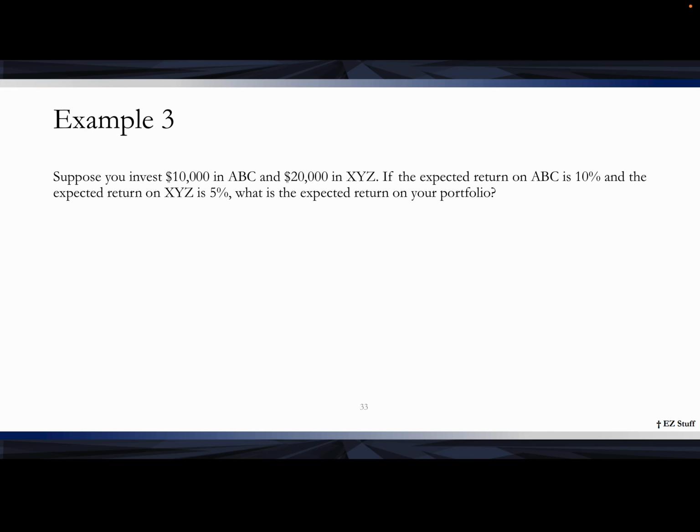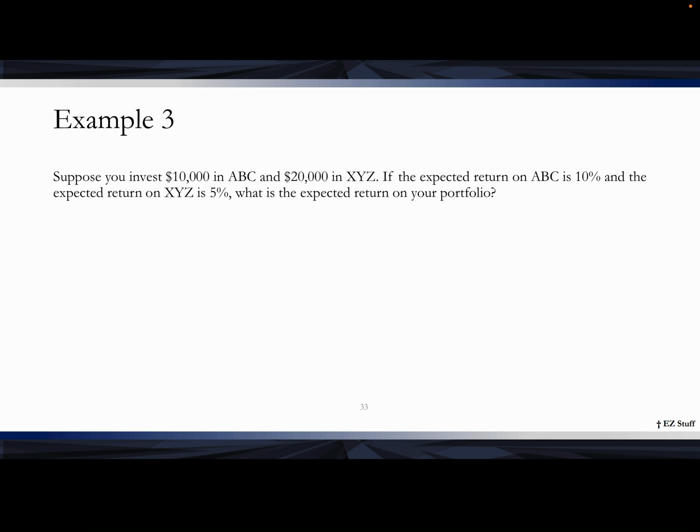Suppose you invest $10,000 in ABC and $20,000 in XYZ. If the expected return on ABC is 10% and the expected return on XYZ is 5%, what is the expected return on your portfolio? Okay, so the first thing we'll do is we'll try to calculate the weights in each